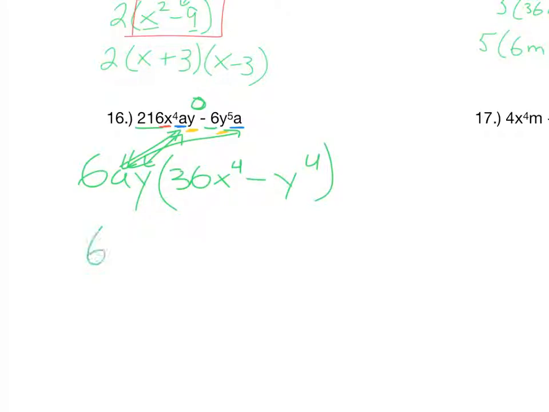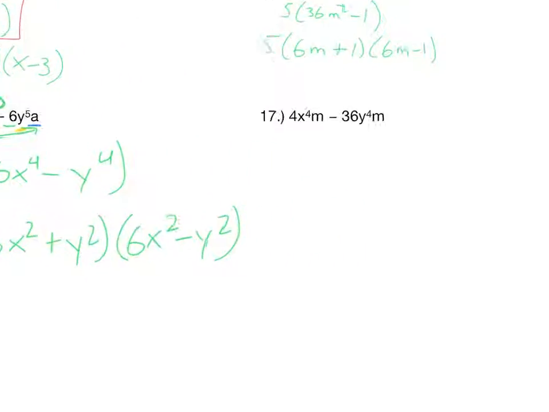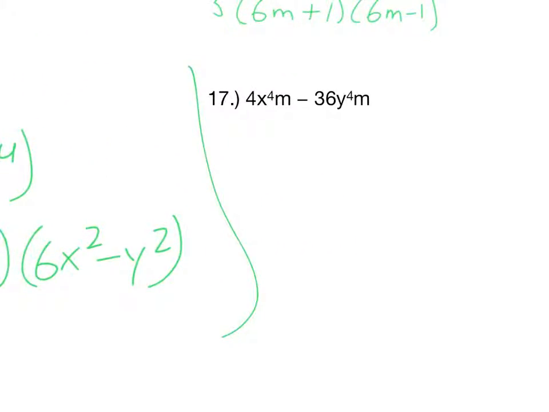Now we have a difference of squares. So I'm just going to bring this down. The square root of 36 is 6. Square root of x to the 4th is x squared. Plus square root of y to the 4th is y squared. And then that would be the same thing on this end, just with a minus instead of a plus. That's your final answer. And then number 17,